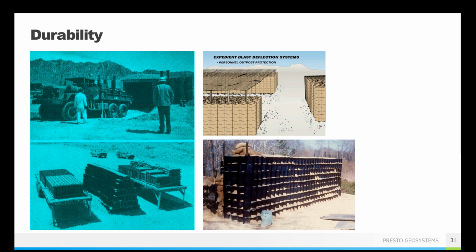In this case, this was Operations Desert Shield and Desert Storm, which required the U.S. Army to safely move and store large quantities of ammunitions. And so in this case, they were seeking expedient blast deflection systems and safe storage for those ammunitions during training and maintenance cycles. So again, not something every one of us has to deal with. Most of us do not have direct interactions with tanks and large ammunitions, but you can see the durability, the flexibility, the uniqueness of the GWeb system and how it can function for a lot of these different types of projects.